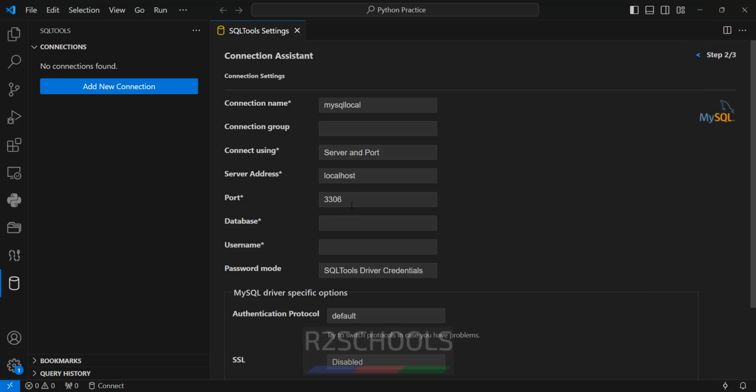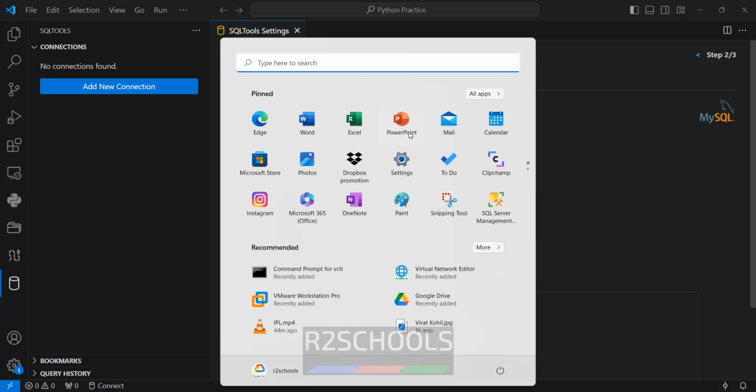Okay, so I'm giving localhost. Even you can give AWS RDS, that is endpoint. Okay, or you can give Azure one also. Okay, then provide the database name. If you don't know the database names,